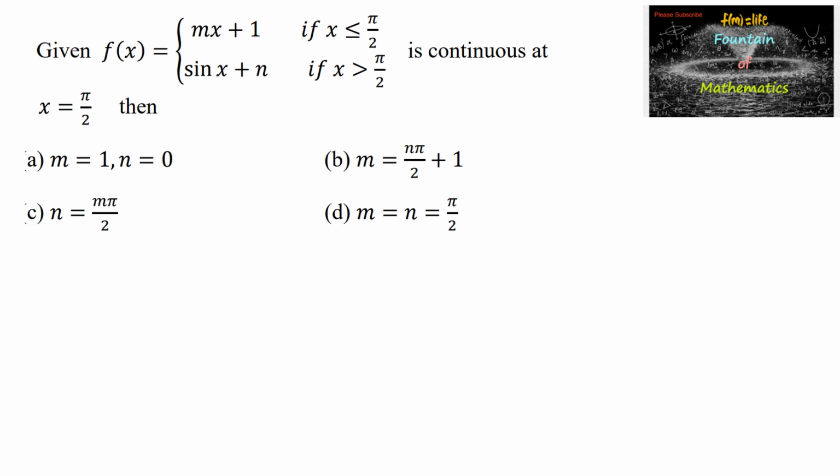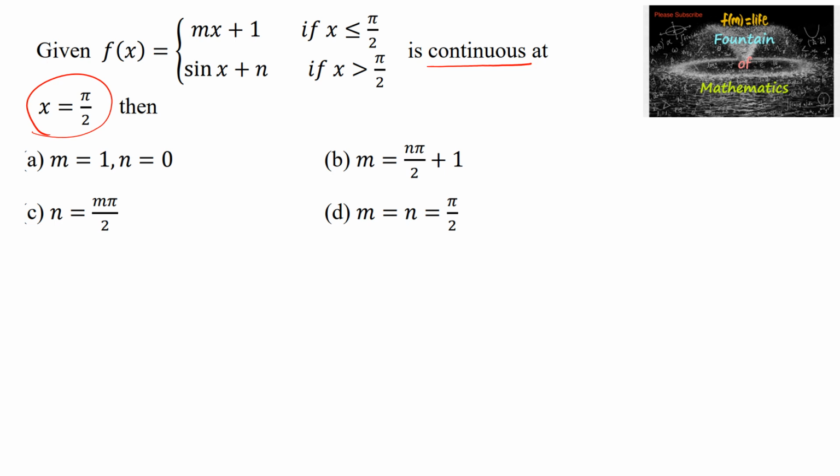Given f of x is equal to mx plus 1 whenever x is less than or equal to pi by 2, and sin x plus n when x is greater than pi by 2, is continuous at x is equal to pi by 2. When the function is continuous at x is equal to pi by 2, so we can say